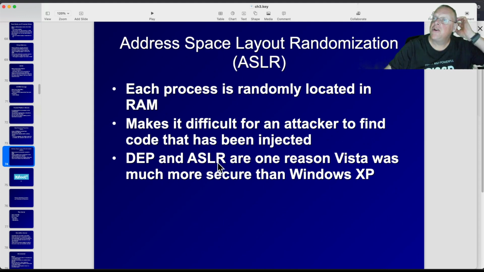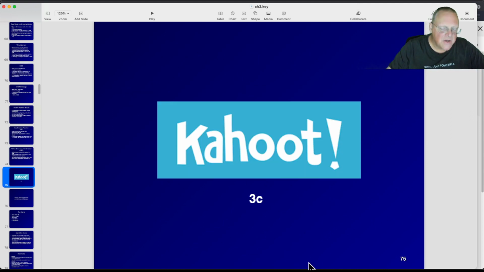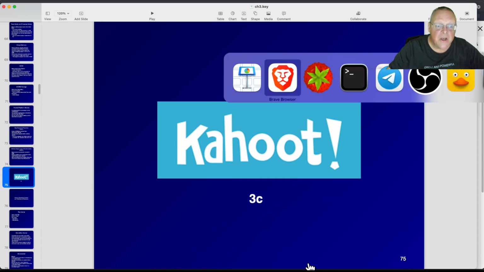DEP and ASLR together ended the original type of buffer overflow attack, which was all the rage in Windows machines, Windows XP and earlier. All right, let's take a look at another Kahoot,